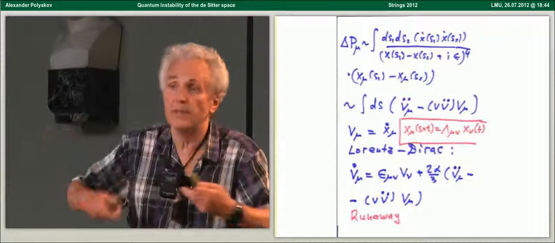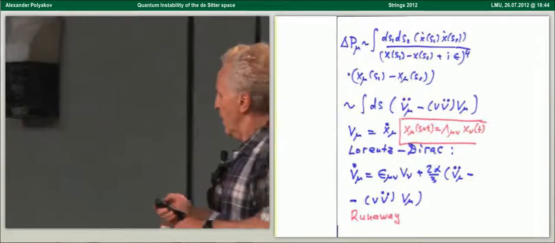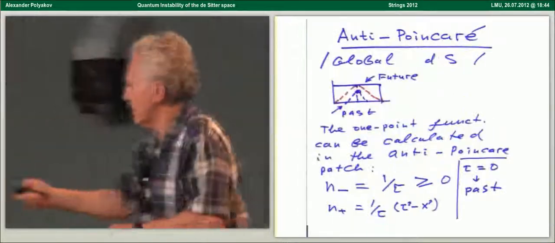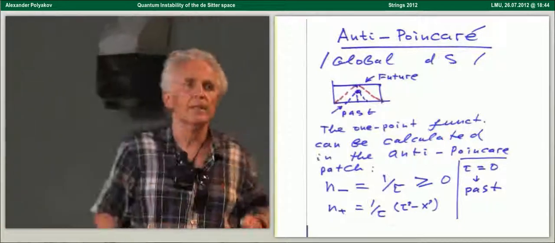But the slightest variation leads to a runaway solution. Okay. Why is it not working? Now I want to consider